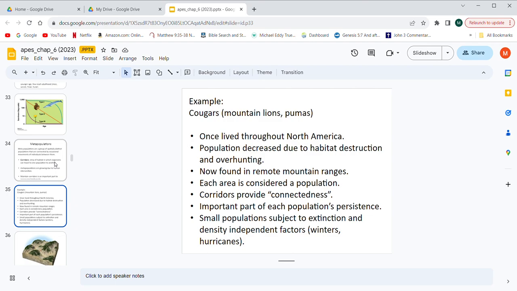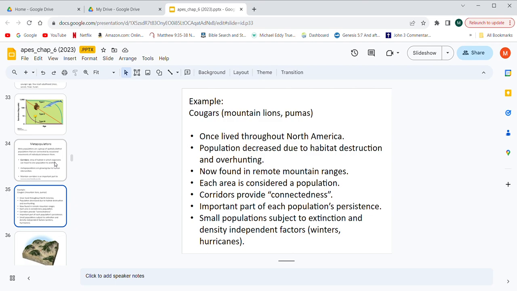A big part of their decrease, of course, is habitat destruction, overhunting, and just general fear of them. And it has forced them into the most remote regions of the globe. One of the reasons why they're called mountain lions is because they're found up in the mountains. Now, are they found there because it's the best habitat? No, not at all. They're found up there because people aren't up there, and they have grown worrisome of us, and are very cautious around us.